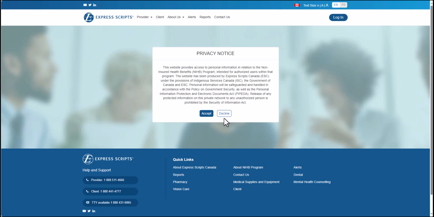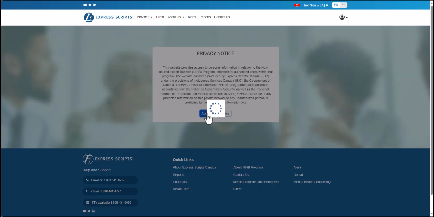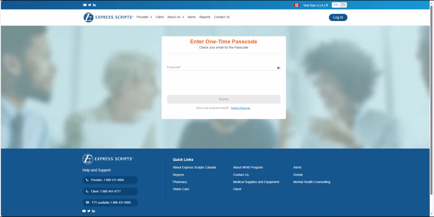If you accept, you will be taken to your NIHB web account. If you decline, you will not be able to access your profile and submit claims online. Instead, you will be redirected to the login page. Once you pass the privacy notice, you will be redirected to a web page where you are required to undergo